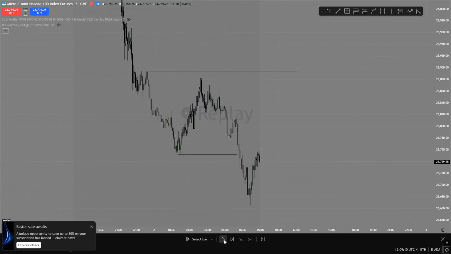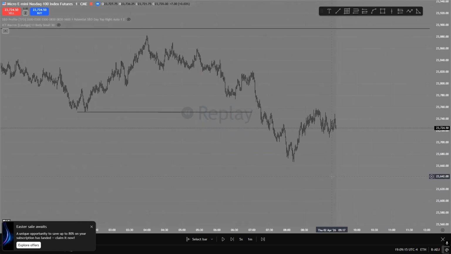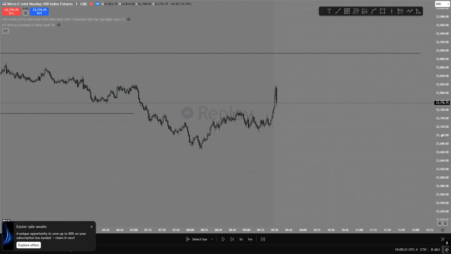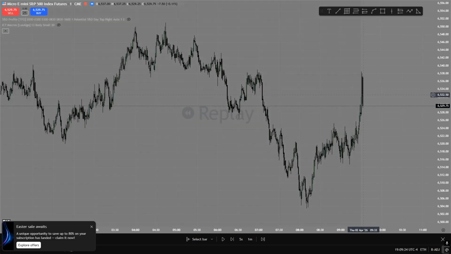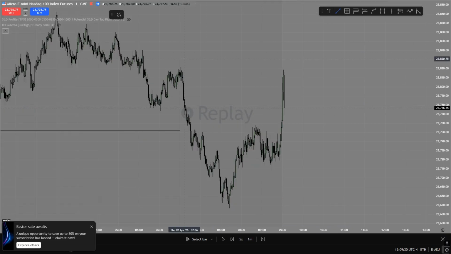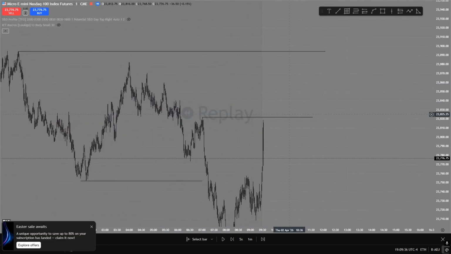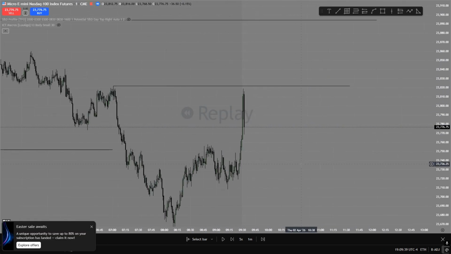So coming into 9:30, here's 9:30 open. We move higher. We do not take this internal high on either asset, so we leave relative equal highs with these existing highs resting above. So my pre-market plan was, there's not a high quality draw on liquidity. I need to see liquidity get generated, and if it's higher, we need to manipulate lower, because in order to move higher, we have to move lower.